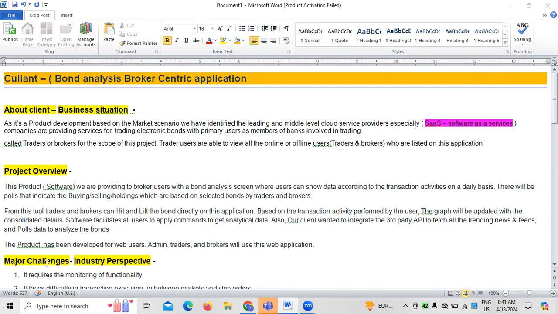So most of the people who are applying for job opportunities want to have some live exposure in the field of projects, irrespective of the technology as well as the domain which they are applying for. So to give some project exposure in this regard, I'm making this video, especially from the context of the case study which I have taken. And this case study is completely relating to the bond market, right? So bond market and broker centric, which is for the capital markets domain.